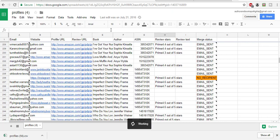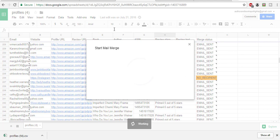Woohoo! And this is going to tell me that I've already done this because I've already sent emails to these people quite a while ago. And now it's working really slow, even though it pulled it up right away the first time. But what will happen is you will get this option to pull up your draft that you've created. Here we go. Oh my word, it's working so slow. But you'll pull up the draft that you've created, and you'll click on it, and then you'll be able to